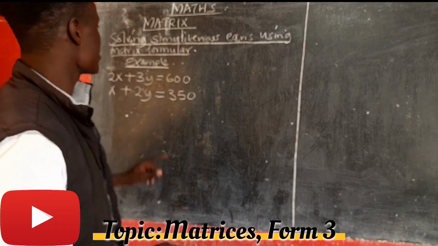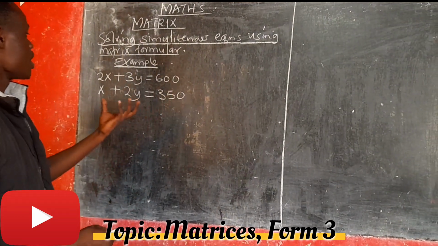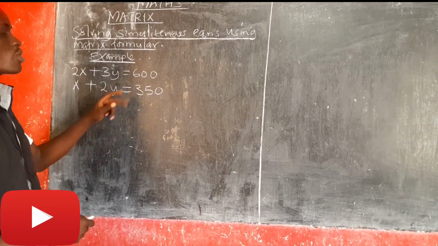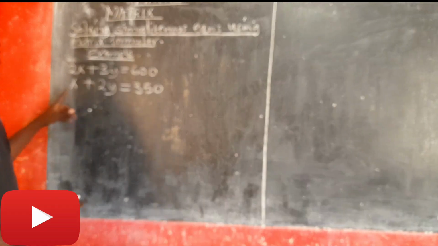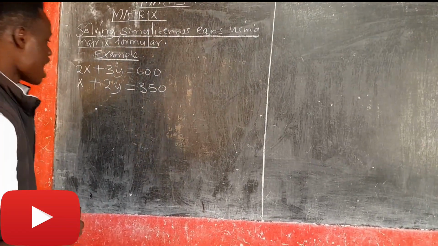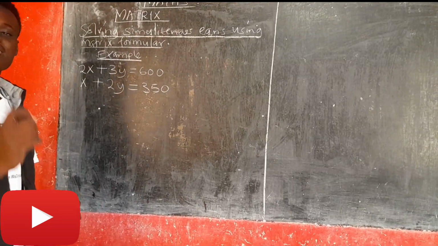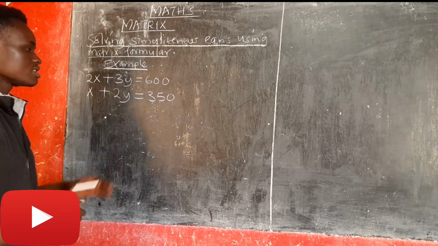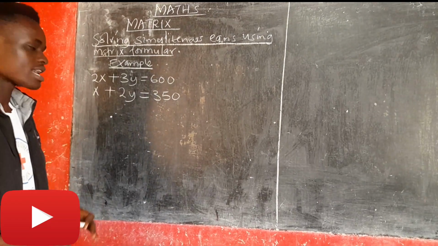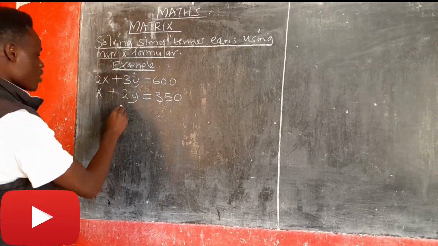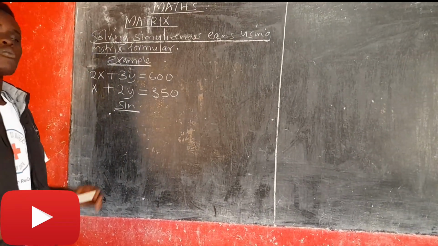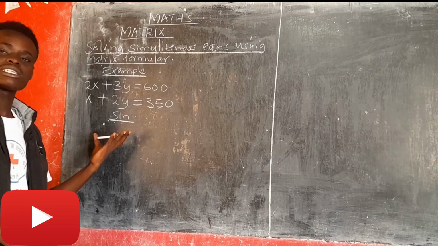And here is our example for the day. We have 2x plus 3y is equal to 600 and x plus 2y is equal to 350. Here we are going to use the matrix formula to solve this and get the values of the unknowns, that is x and y. So let's go. For our solution, the first thing you must do is express the equations in